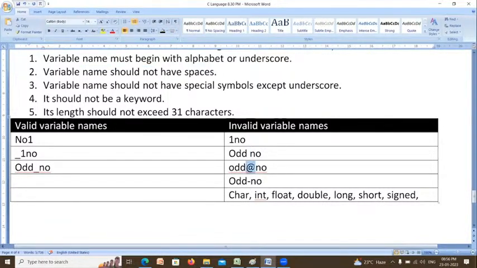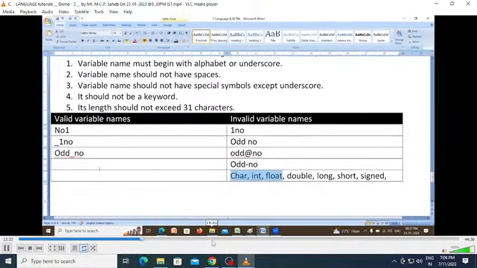It doesn't allow special characters also, except underscore. You cannot write minus, plus, greater than, less than, or the @ symbol. You should not use any special symbols. Next, it should not be a keyword. Keyword means we have already reserved some words, no? We already defined some names: character, integer, float, double, long, short, signed, unsigned. Already explained 8 keywords. So you cannot use keyword